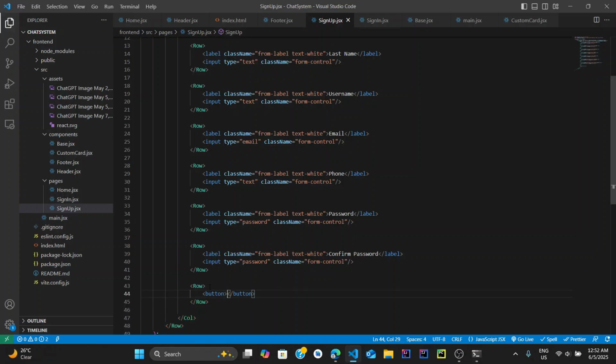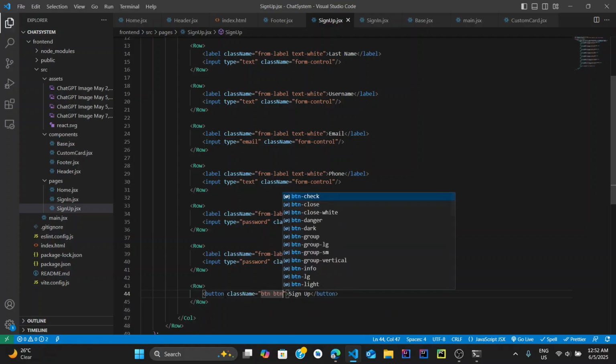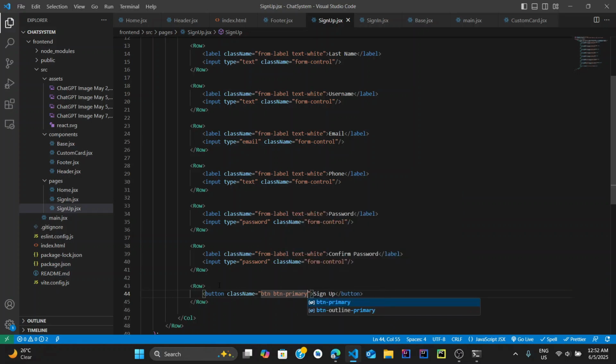First one that I'm going to add is the button, and button says sign up. I'm going to style that button with this bootstrap class btn primary. And about that button, if I didn't put these bootstrap classes, the button will take the entire width of the row. To prevent the button getting the entire width of the row, I put this bootstrap class to make sure the width is set to auto,